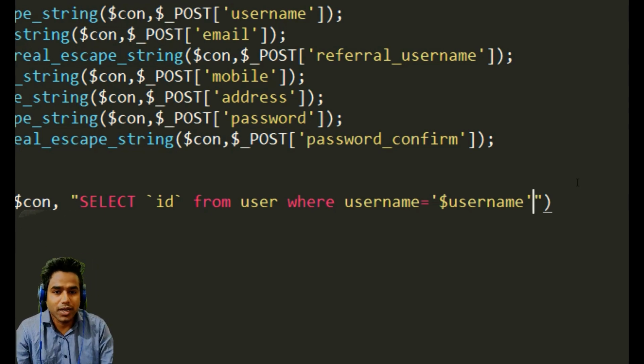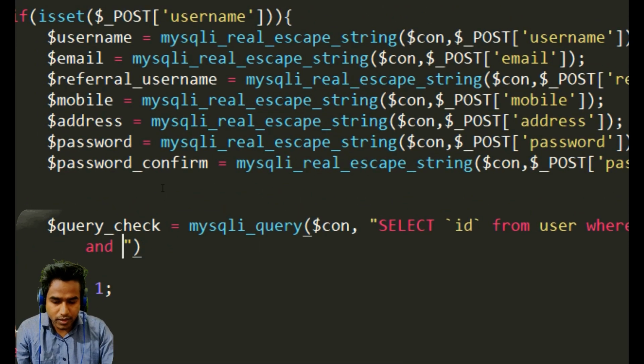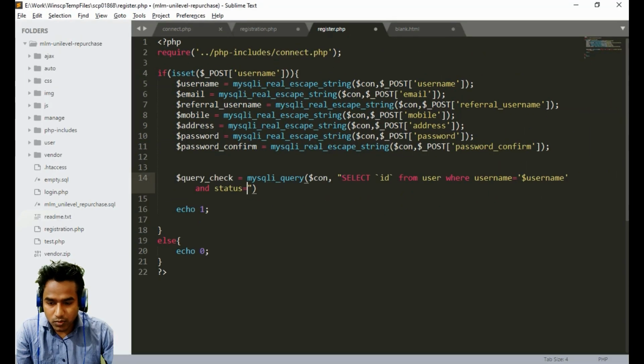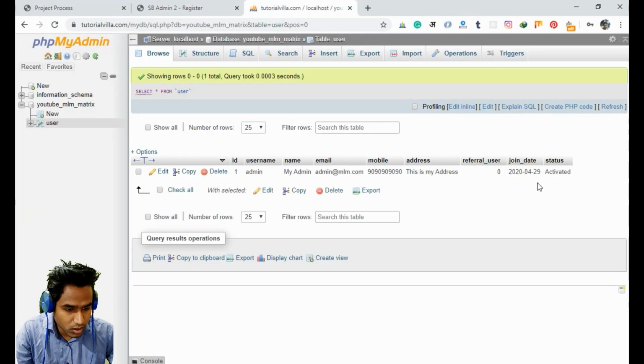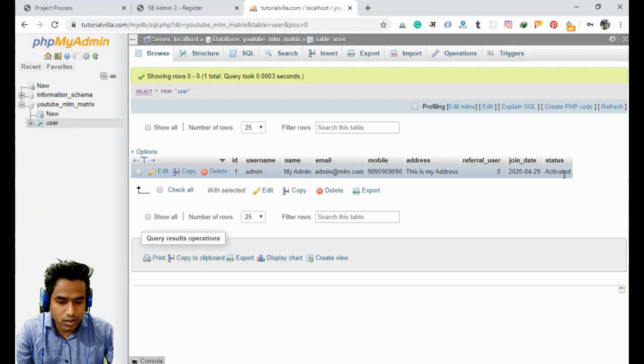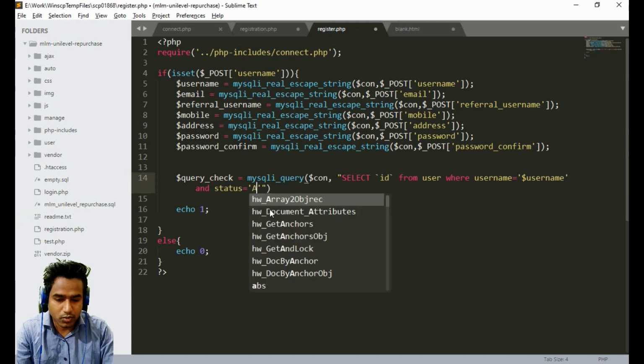So the account should be activated, and the username is equal to username, and status, and the status we have stored is activated.